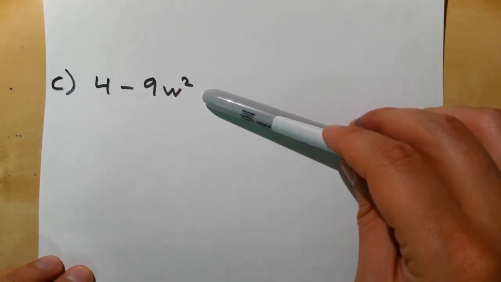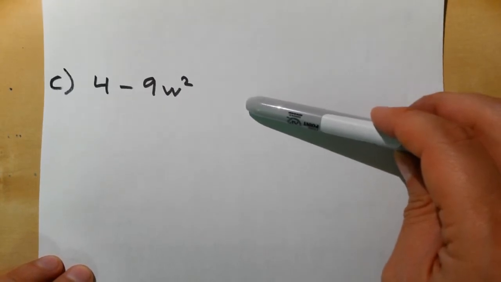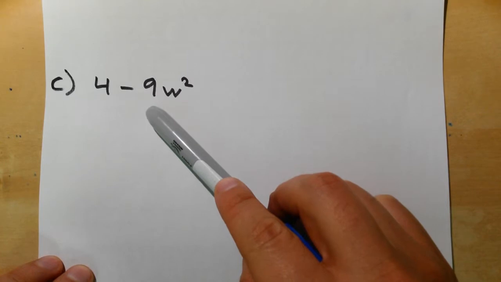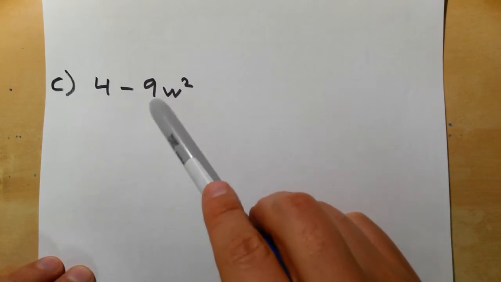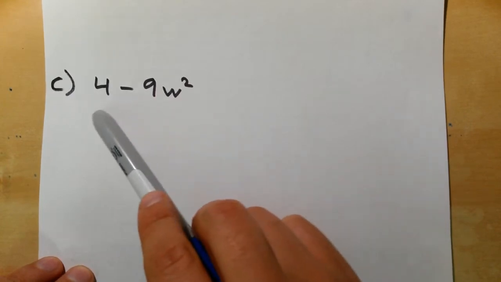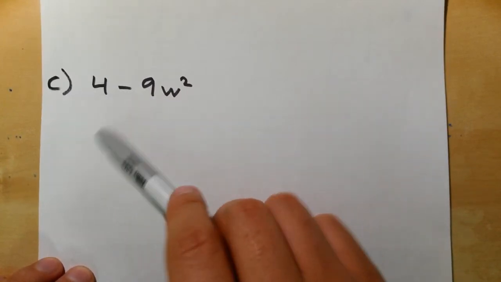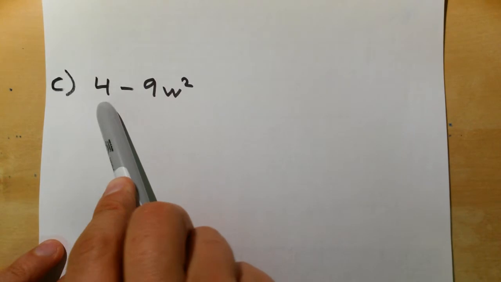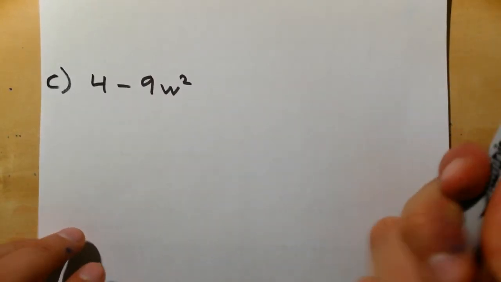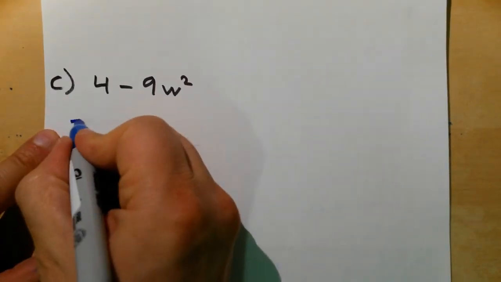No. Is it a simple trinomial or a complex trinomial? I would say it's a complex trinomial. Now, is it a perfect square or a difference of squares? It looks like a difference of squares, and let's check. 4 is a perfect square, and 9w squared is a perfect square. Yes. So the answer to this would be